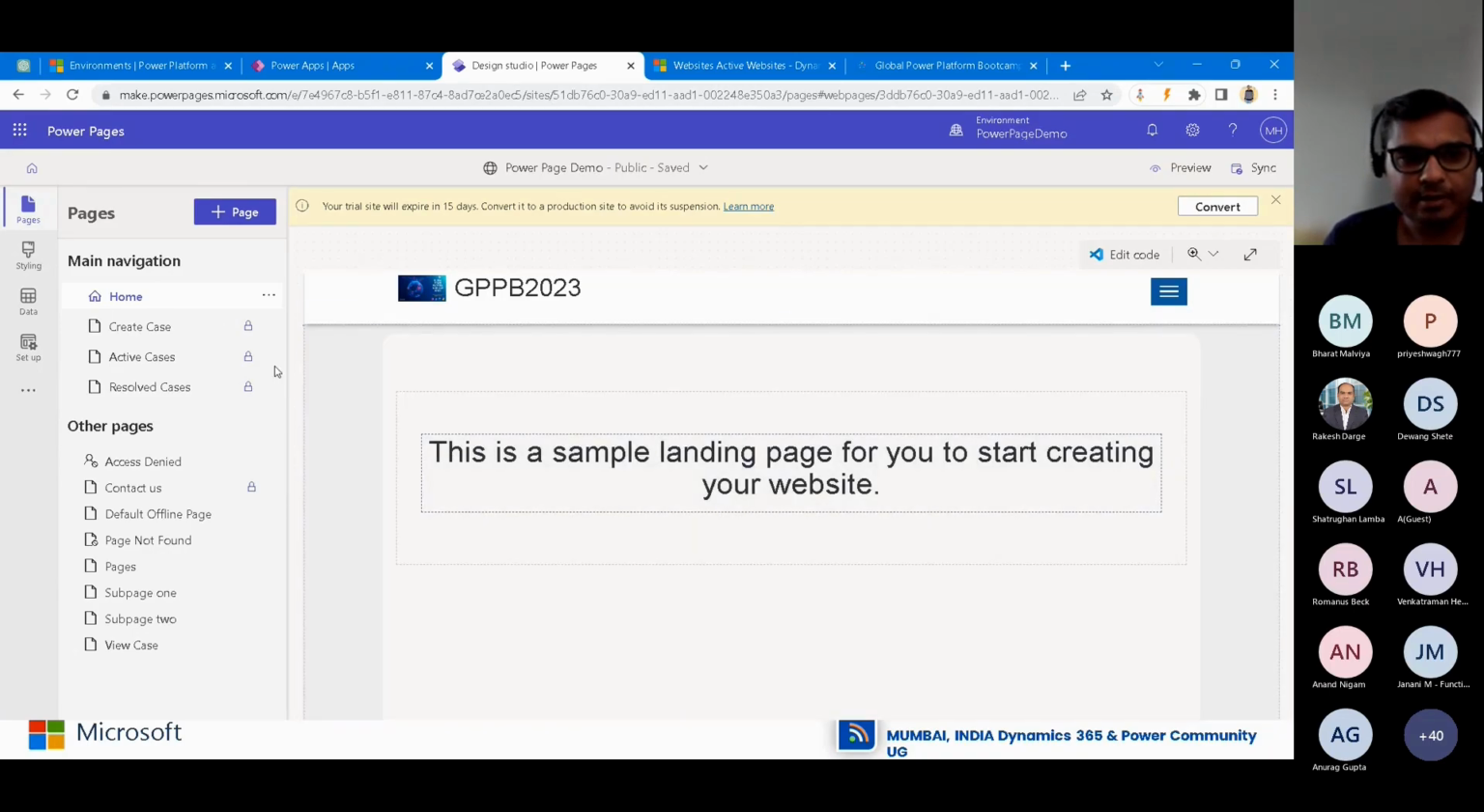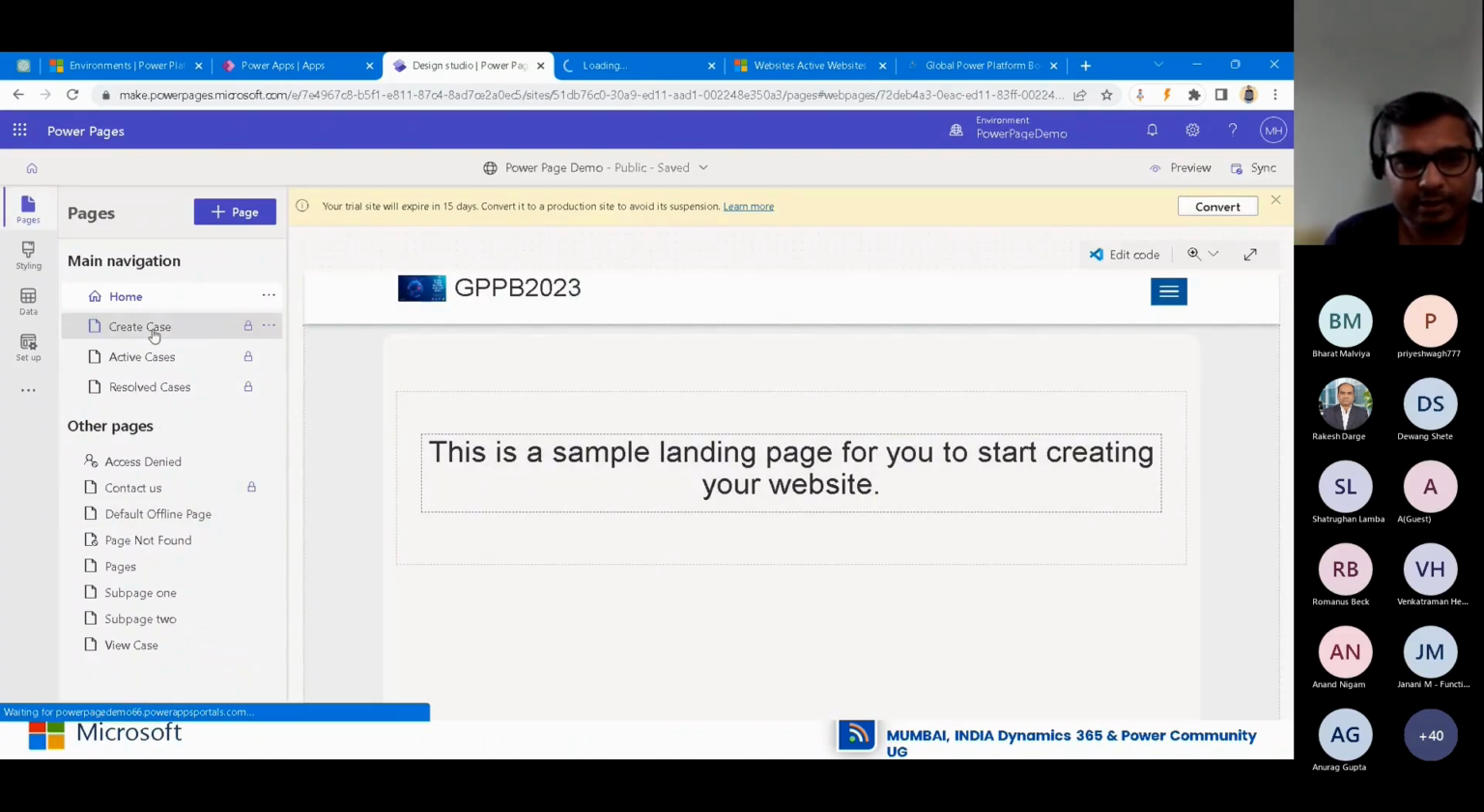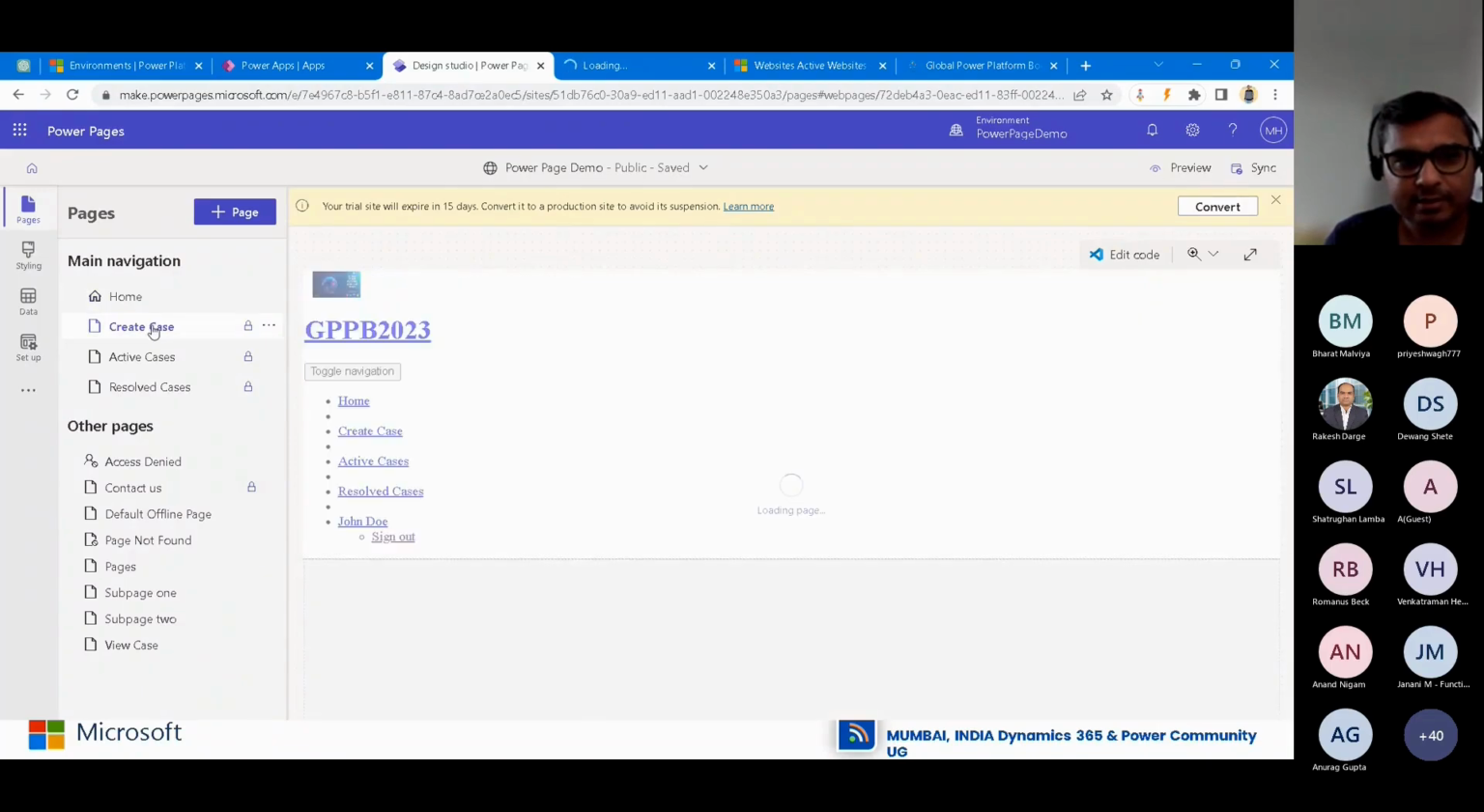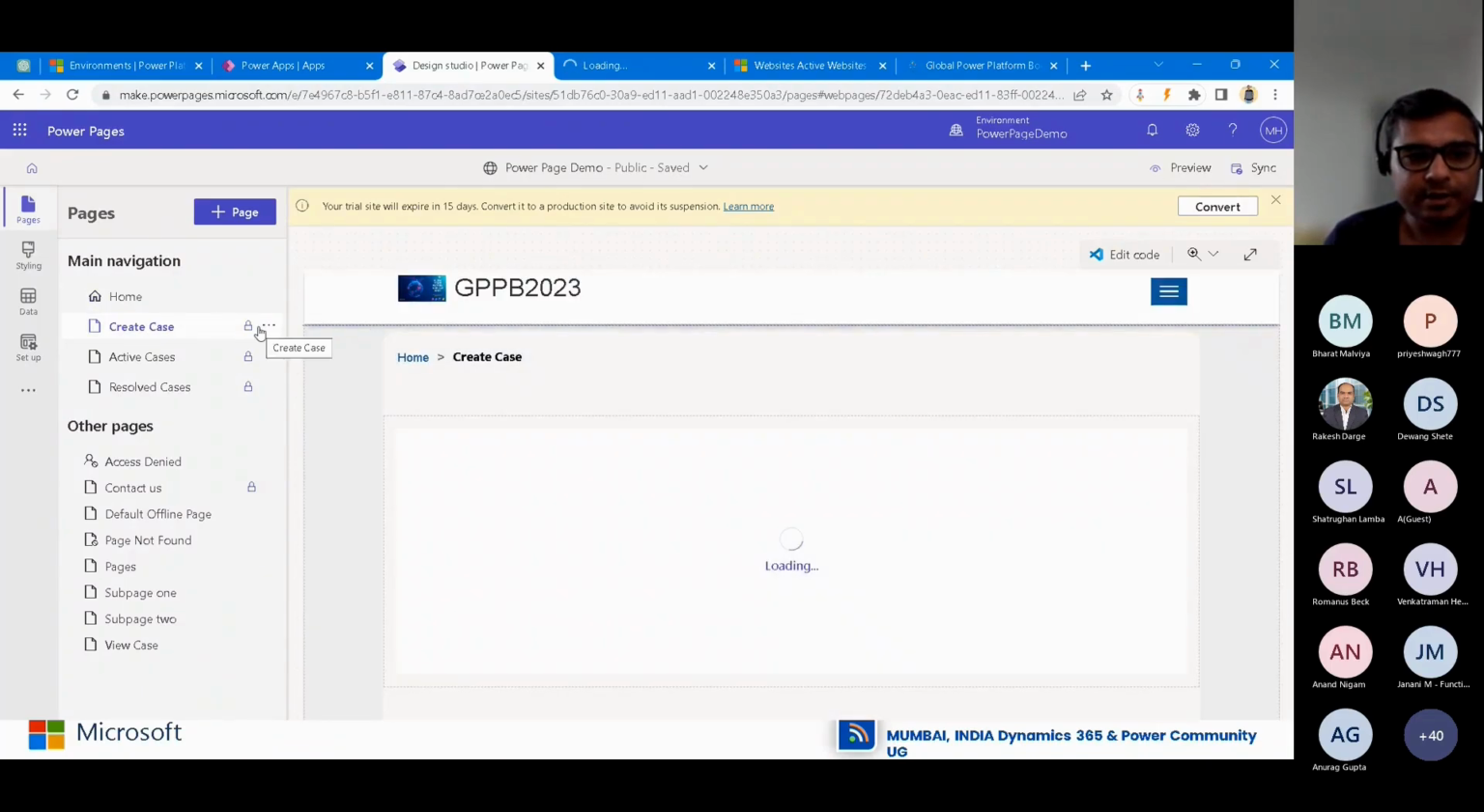I added a label, and actually what I have done is, as an example, a user wants to create a case, and they want to see active cases and the resolved cases. So if we try to preview this website, before that, whatever changes you do here, like on a create case, maybe if you have already worked on Power Portal, you know how to